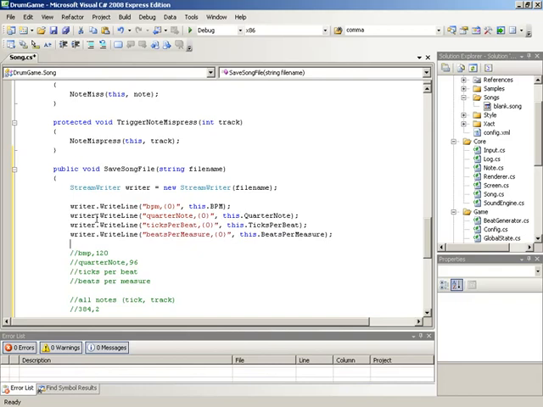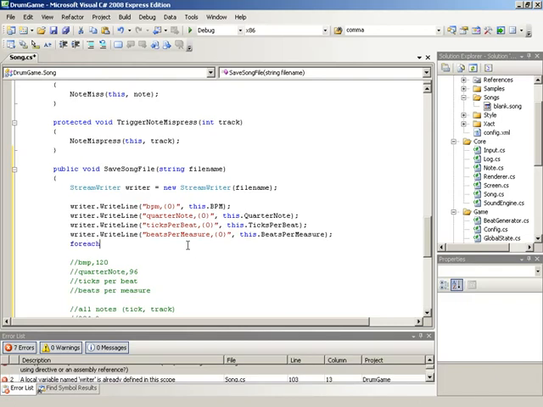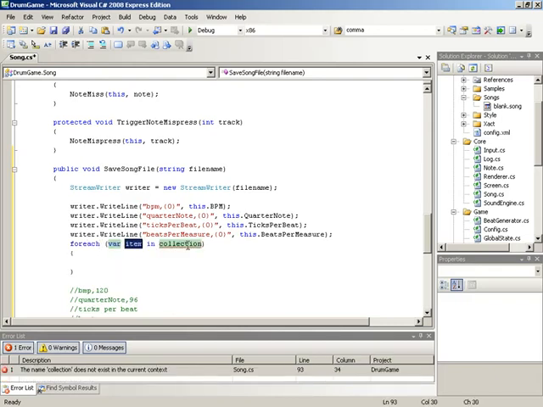So that takes care of all the formatting data. Now we need to write all of the notes from the notes list to this file, and we'll accomplish that using a simple foreach loop. So we can bring up foreach, tab twice to drop in the template, and we'll loop through the notes collection, and each variable we'll pull out we'll call note. So for each note in notes,